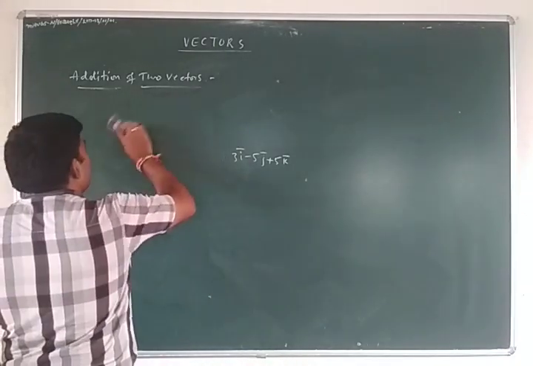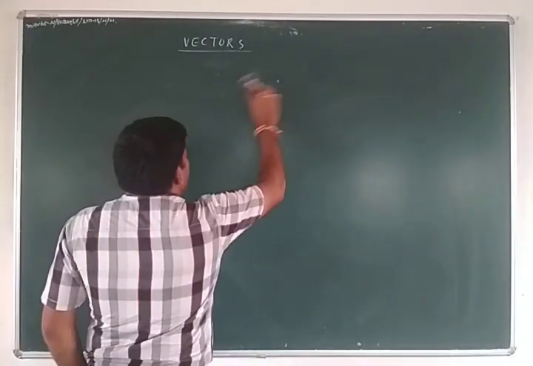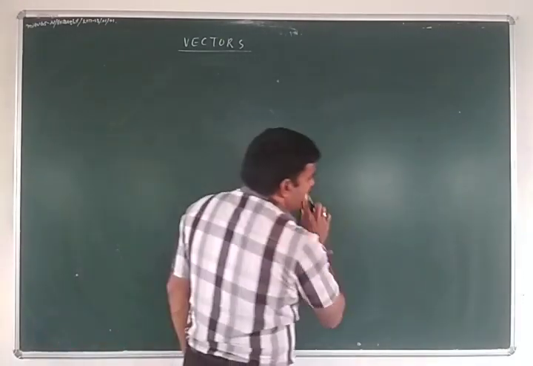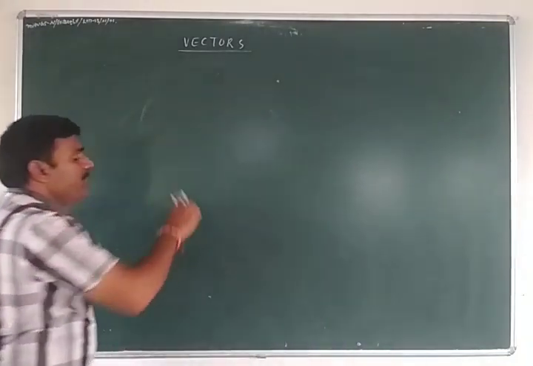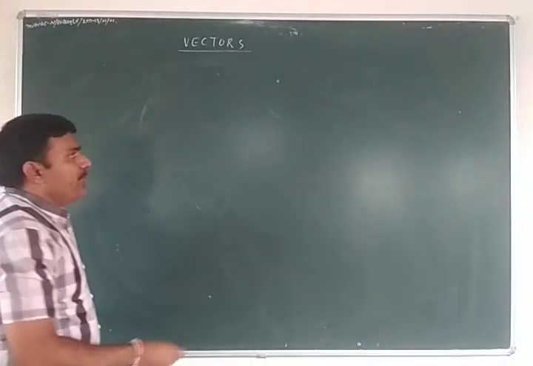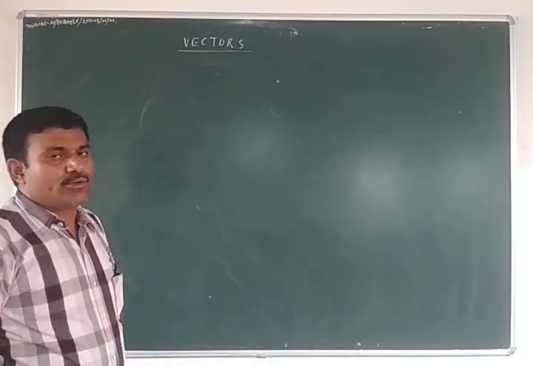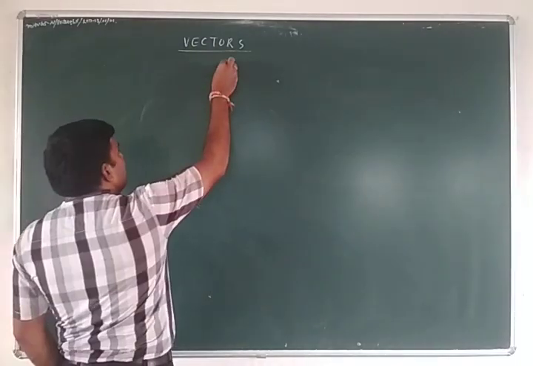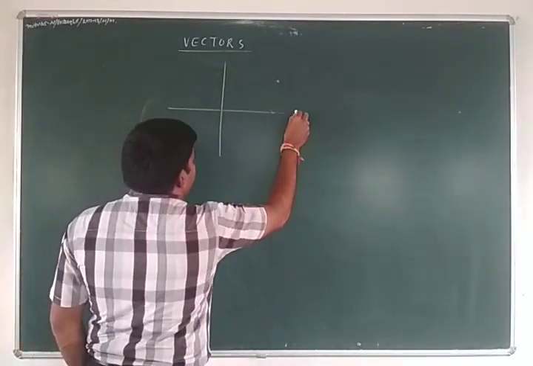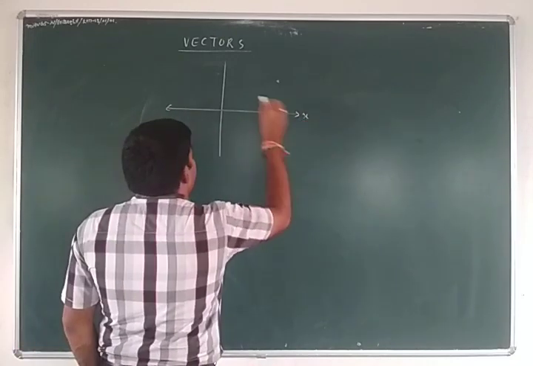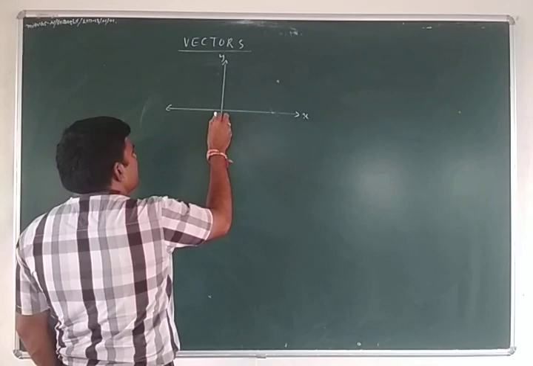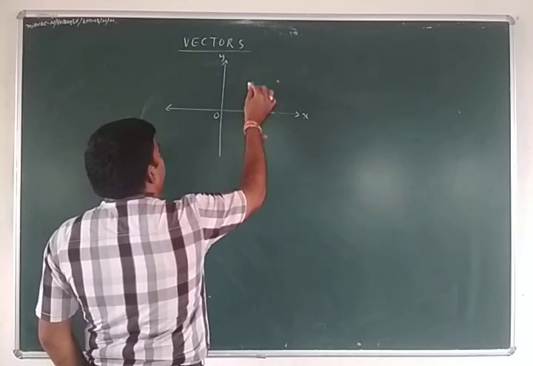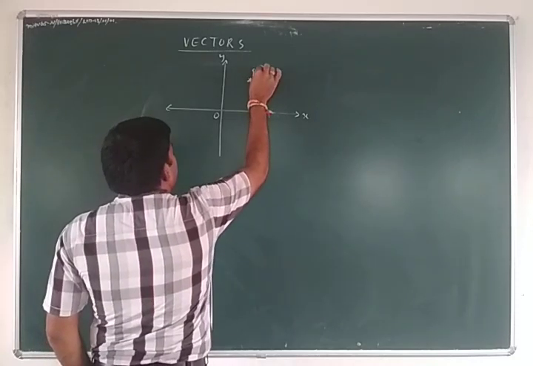And so next concept. Few problems based on the three-dimensional geometry. So what is the three-dimensional geometry? Before going to the three-dimensional geometry, a few concepts I am explaining in two-dimensional geometry, because already in the previous classes we have studied the two-dimensional geometry. So here in the two-dimensional geometry we have the x-axis and y-axis. The point of intersection is the origin.